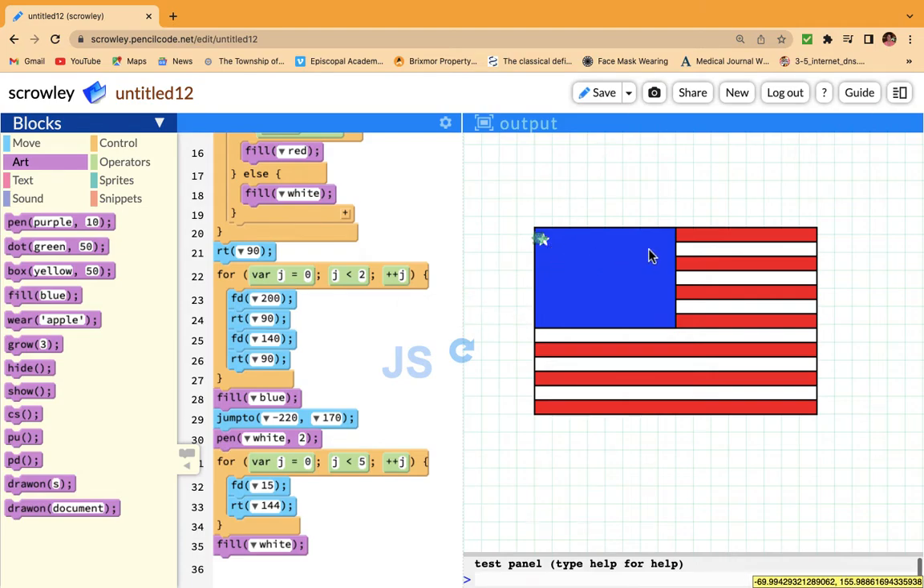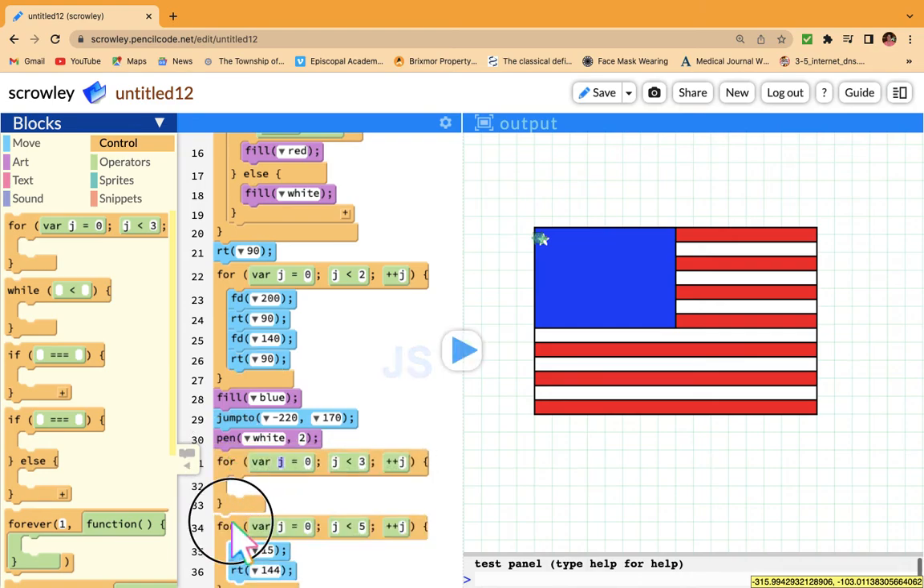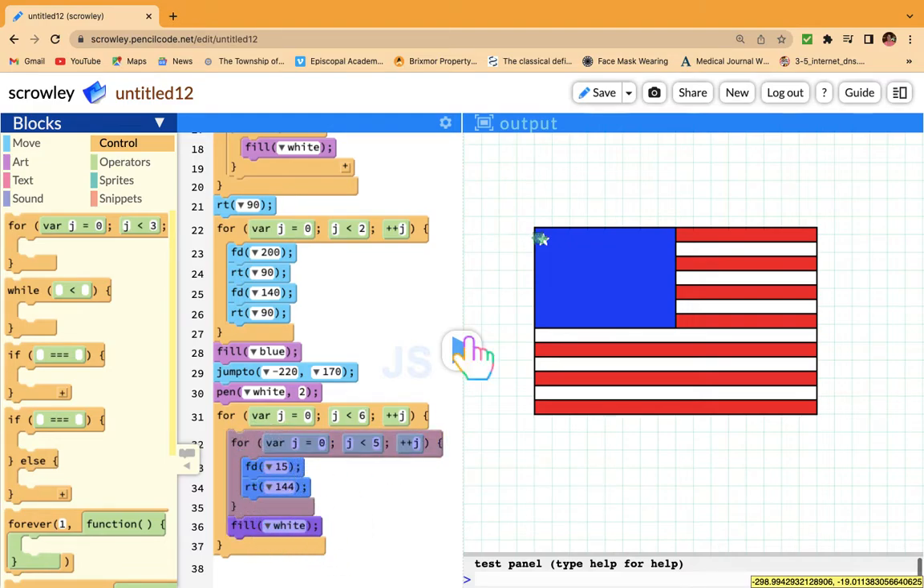So I need 6 stars going across. So the American flag goes 6 and then 5 and then 6 and then 5. So since I want to repeat this, I'm going to use another for loop, and I'm going to pop these two in here. Now, this outer for loop will be how I get these 6 stars drawn. So I want this done 6 times. After one of my stars is drawn, so after this code runs, it draws a star and fills it white, I need the